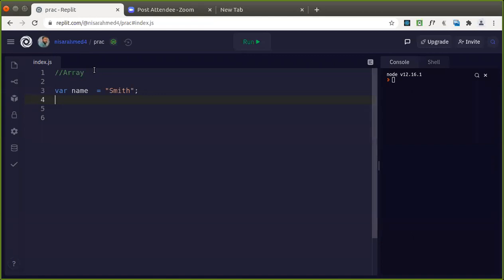So the definition of an array is like this: an array is a collection of elements that are referred to with a common name. Good. So we are going to have a set of elements. So in JavaScript, how do we declare an array? How do we declare an array in JavaScript is this way, guys.